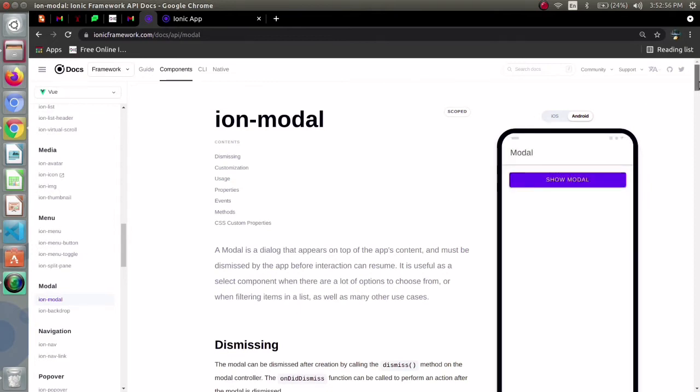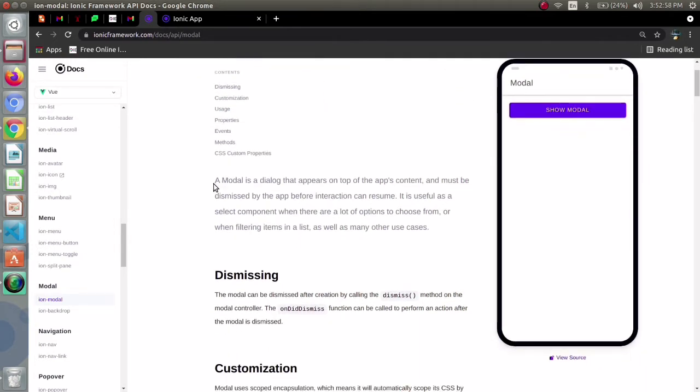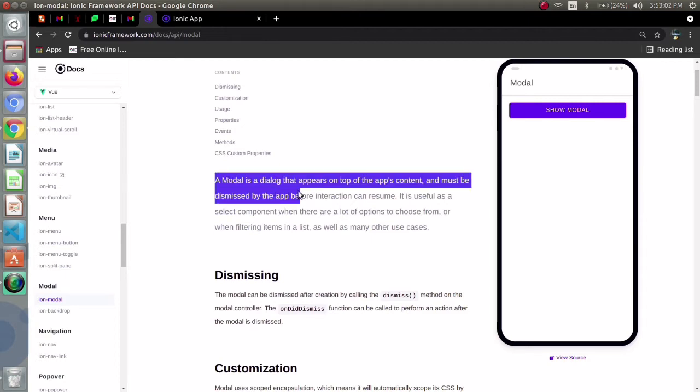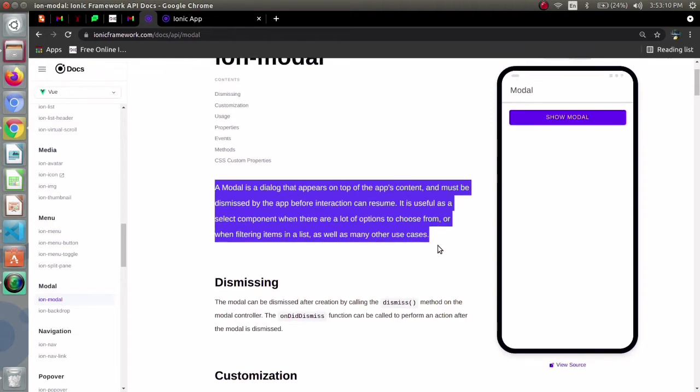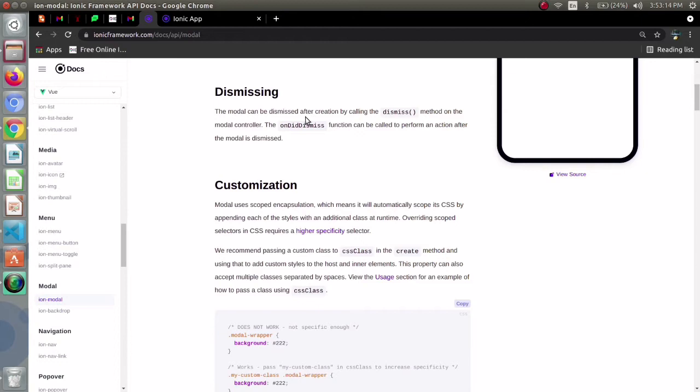A modal is a dialog that appears on top of the app's content and must be dismissed by the app before interaction can resume. It is useful as a select component when there are lots of options to choose from. We can dismiss them, and according to our requirement we can customize the modal.